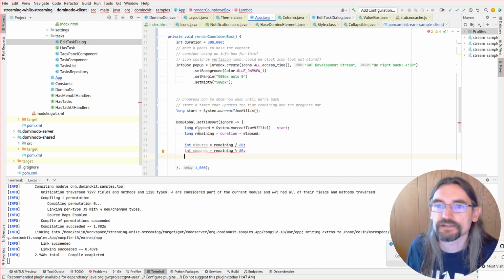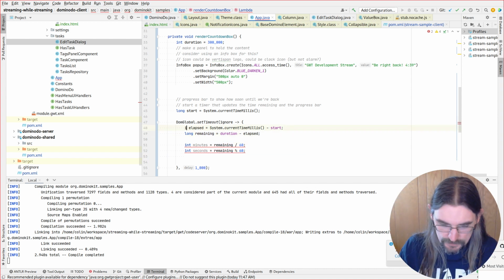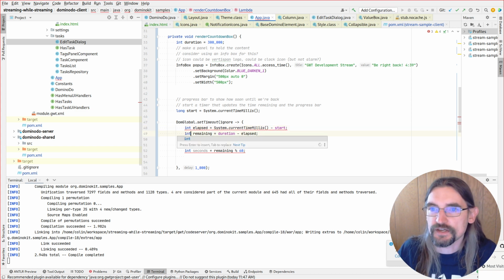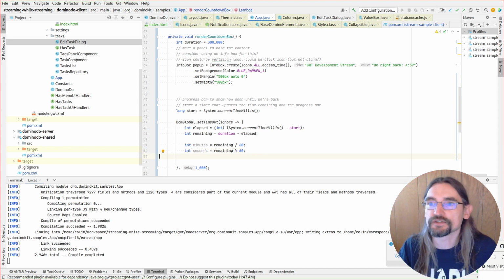Oh, I guess we can cast it down. This is going to be an int, though, realistically. We can just go ahead and say it's going to be an int. Cast that to an int. All right, now we got minutes and seconds. And now we can say